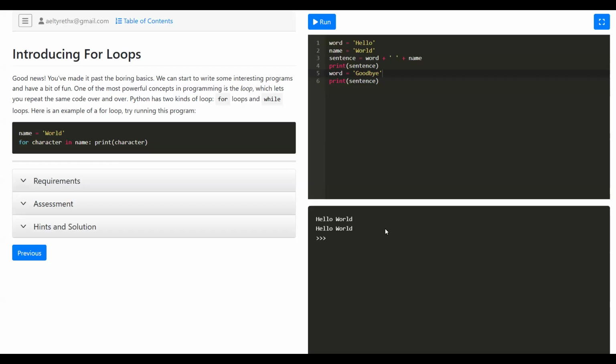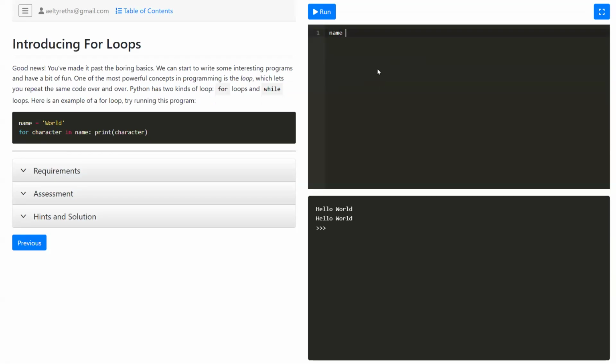All right. So we'll be going through loops in Python again. So if I write this program quickly,